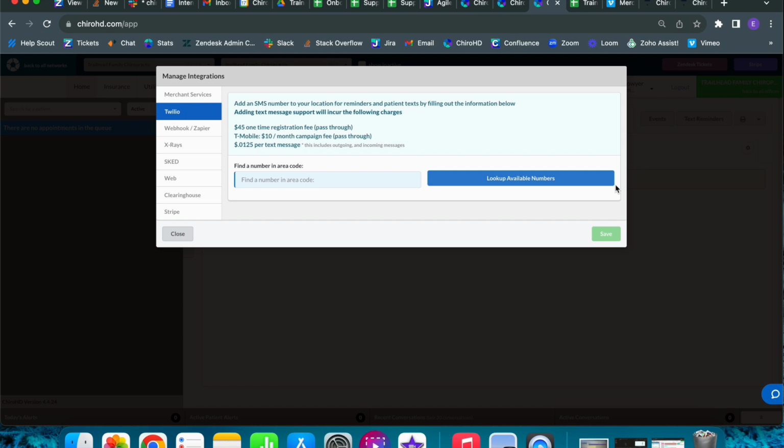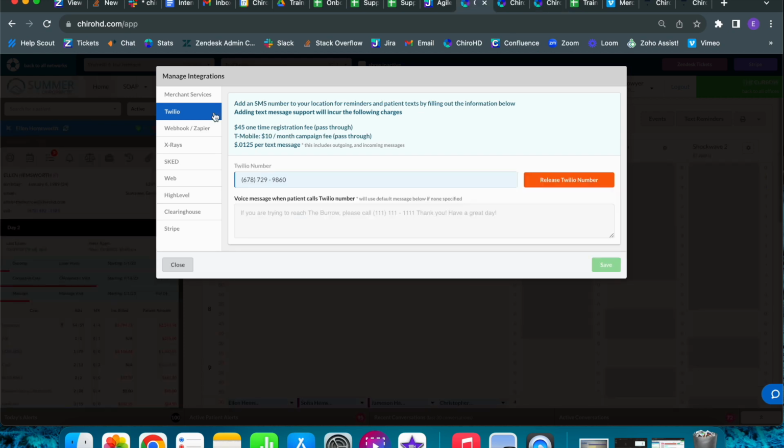So if you're unsure how you are registered with the IRS, what I would recommend is looking for a letter that you have from the IRS, because the letter will state directly how your business name is registered and your tax ID number. But again, just follow the prompts on the screen with purchasing your Twilio number and then submitting your A2P. Once you have your Twilio number purchased and your A2P submission has been approved,